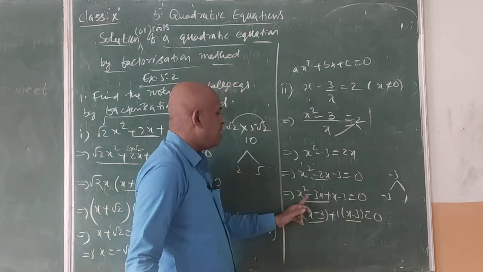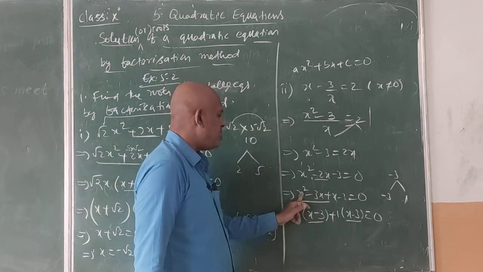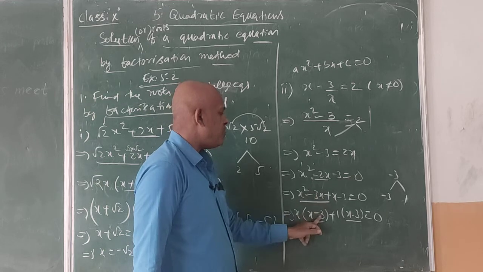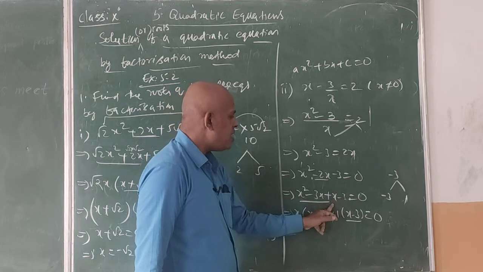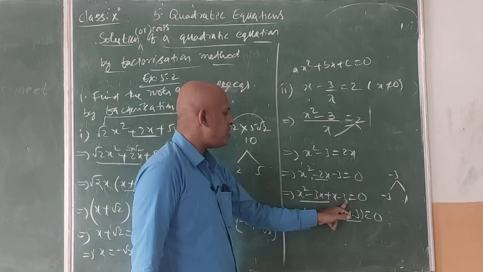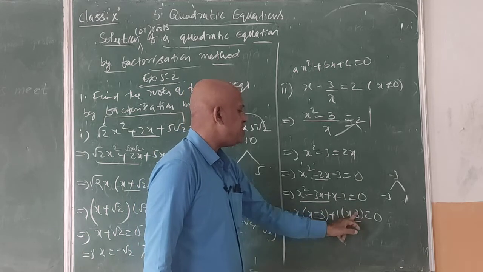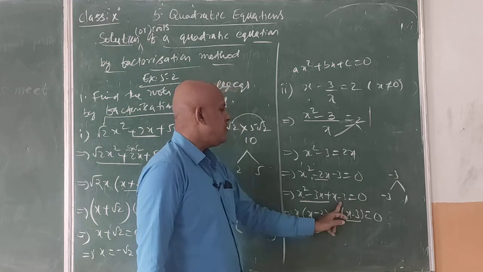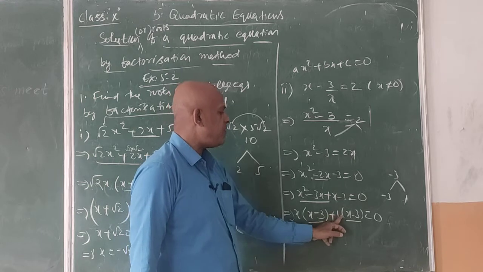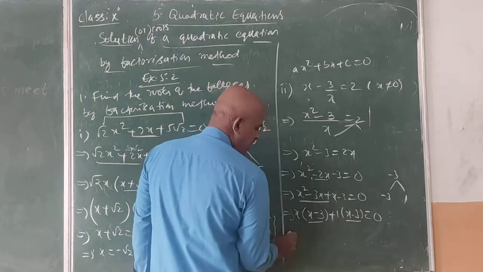I will repeat here. In this both x is common, 1x is left, x common, now 3 remains. So here x minus a, here also already there is x minus a. So no need to take common, that's why you have to write 1 into x minus a. 1 into x, 1 into 3. So when we already got the same term, then you have to write 1 into x minus a. Now in this both x minus a is common.